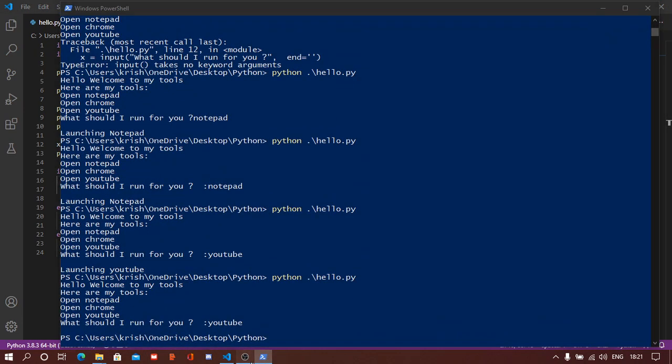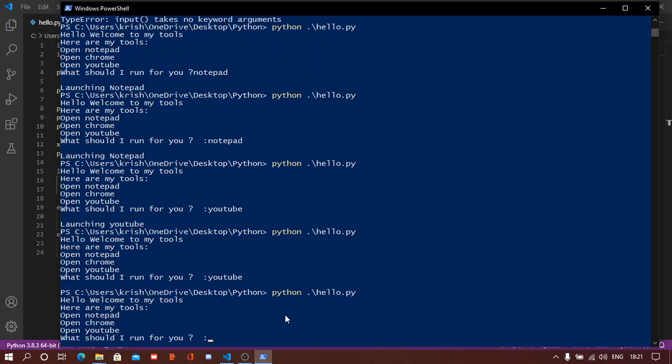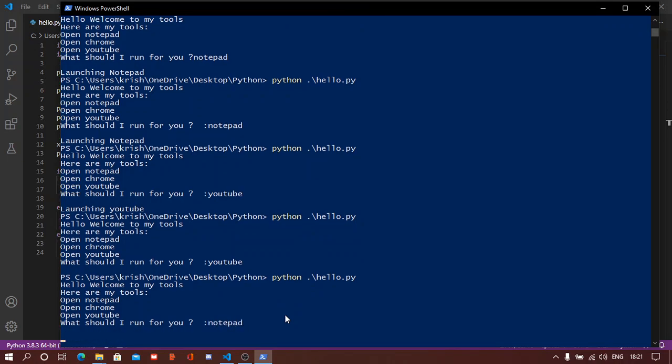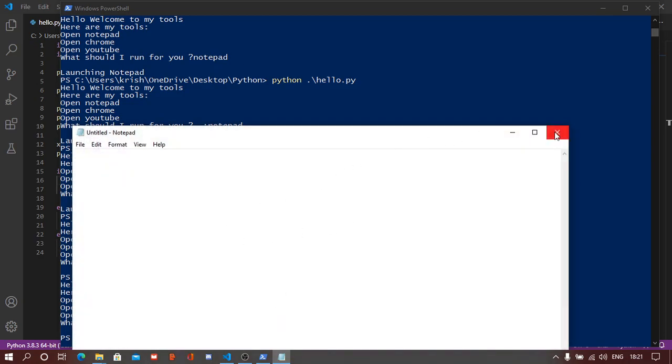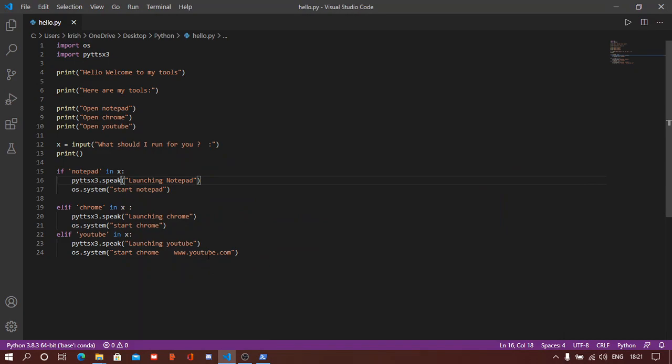So let's just check if the program is working or not. So I go over here and write Notepad. Launching Notepad. See, it's speaking for me that it is launching Notepad,